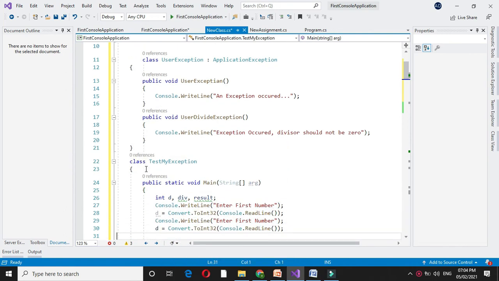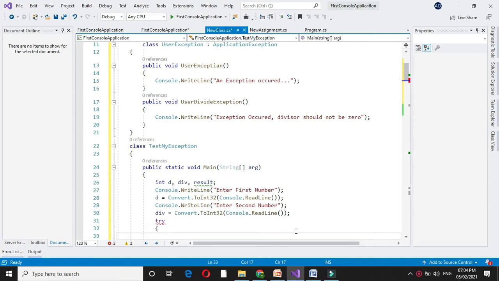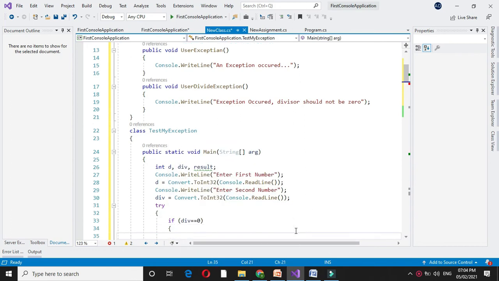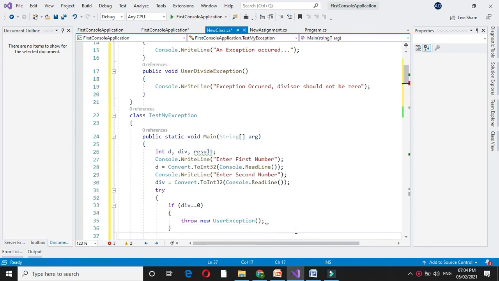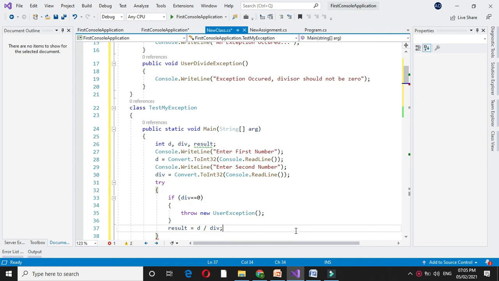Then I will accept the second number in div, and after this I will write a try block. In the try block I will check if div is equal to 0, it will throw UserException, else it will calculate the result equal to d by div, and it will print the result.